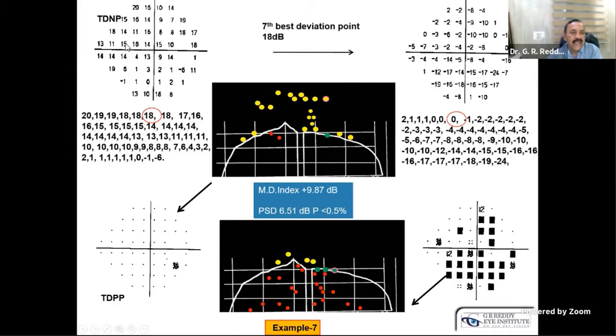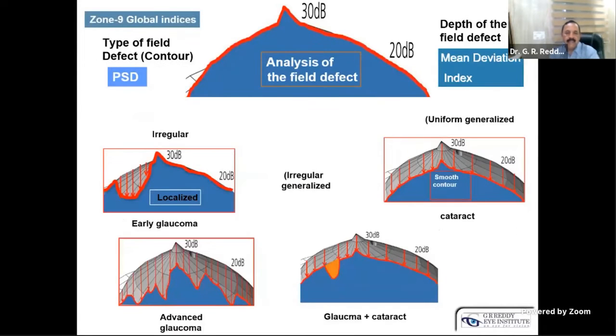Even though the sensitivity is better, the p-value is not calculated for the better retinal sensitivity points. That is why we don't see any symbol. If a p-value were also given to the plus points, there would be a huge number of scotomas here. But the p-value is calculated only for the loss of retinal sensitivity points, and they will be more in the false positives. In high false positives, we see more scotomas in the pattern deviation probability plot than in the total deviation probability plot.